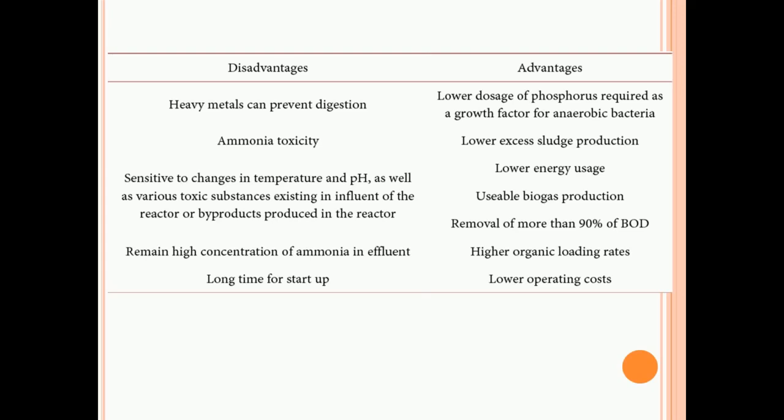But coming to the disadvantages, if there are heavy metals present, as we know, if electronic waste is ending up in landfill, definitely a lot of heavy metals are going to contaminate it, and that will reduce the rate of digestion. Your anaerobic digestion rate is reduced because these heavy metals act as stress creators for the organisms, and they will not do their job properly, because of which your digestion is prevented.